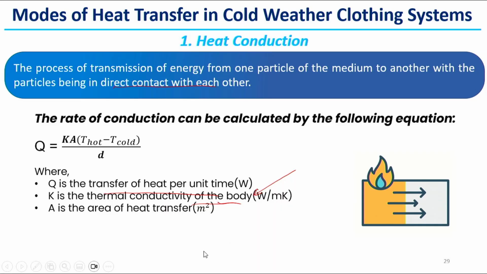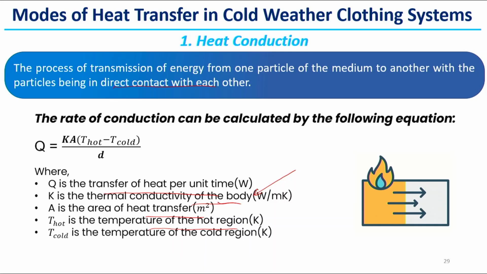So, in this case typically it is our clothing area, and T hot is the temperature of the hot region. In the present case, it is the skin temperature, and T cold is the environmental temperature. So, if we see our case of extreme cold weather clothing,